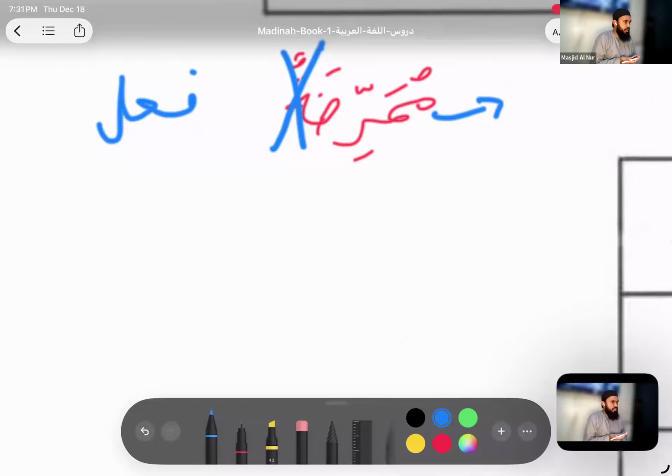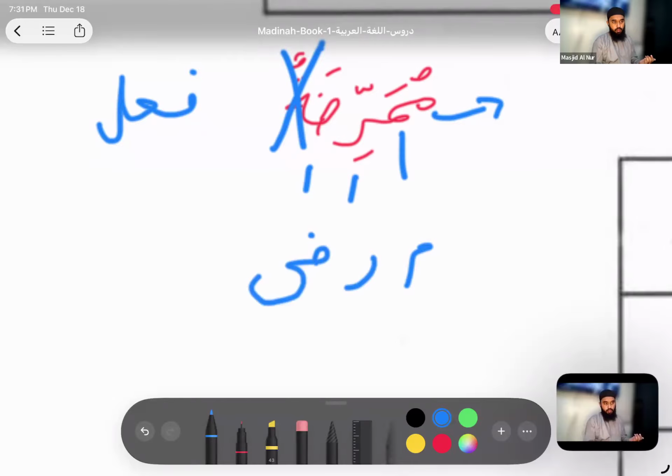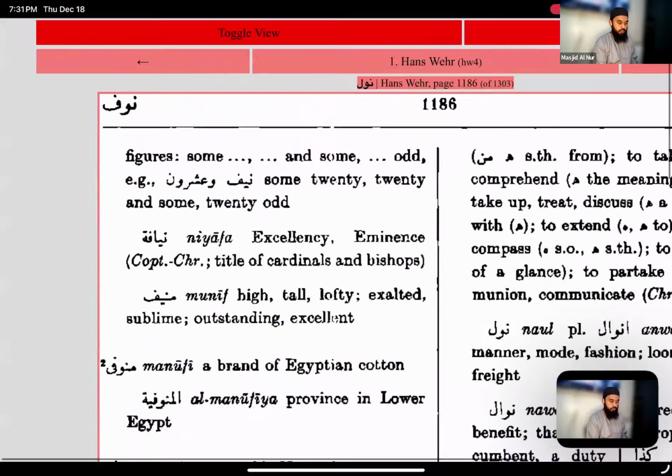Why is the meem there now? Because the meem is extraneous. It's extra, to change the meaning into something else. So we're not going to look at that meem. We will only look at the second meem, ra and da. So if I were to punch into the dictionary, what am I going to punch in? Meem, ra, da. Correct? What is that? Marada, right? Let's go.